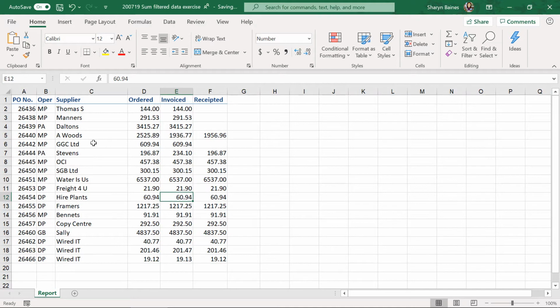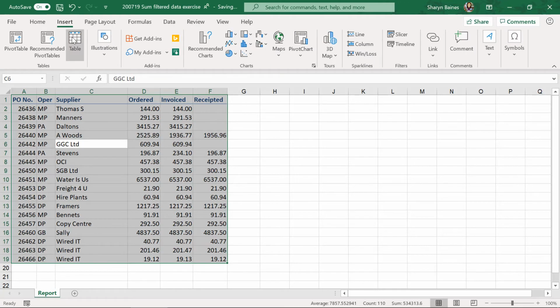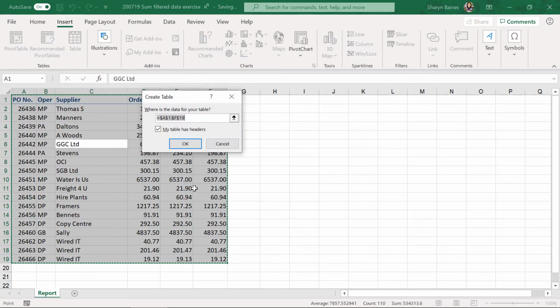Now here's option number two. I'm just going to, again, just use Control A, and that will select the entire table. And what I'm going to do now is I'm going to make my way over to the Insert tab. Now, I don't often go to Insert and click onto the table option. I use my Control T, and you can see that's the shortcut there. So if I was to click onto here, it's the same as using Control T, and it'll just ask me,